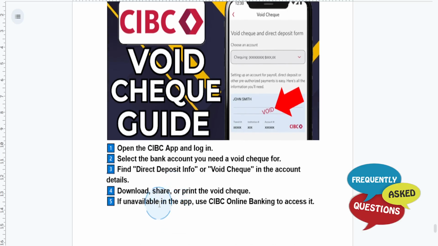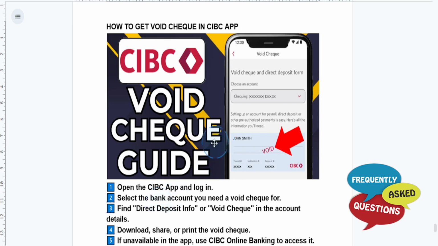And if it's unavailable in the app, you can go to the online banking portal and access it